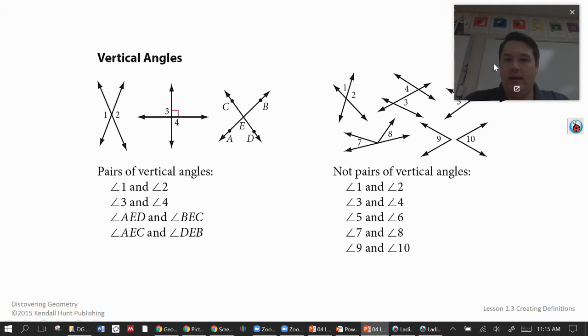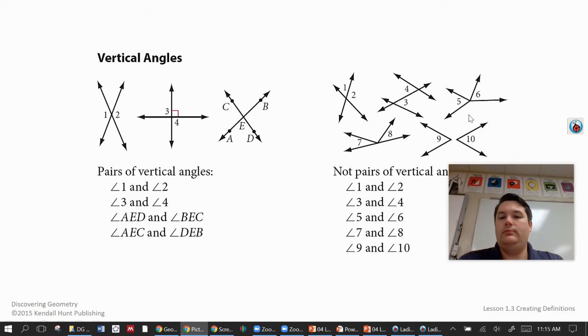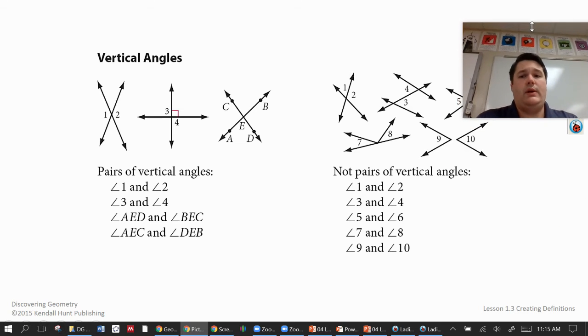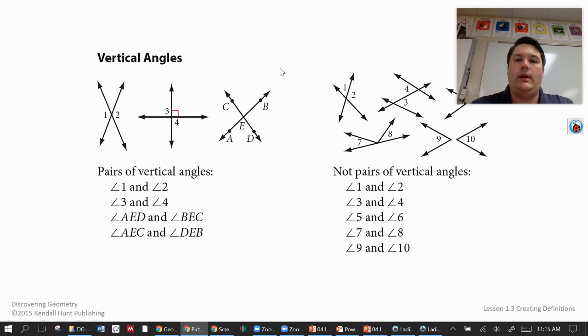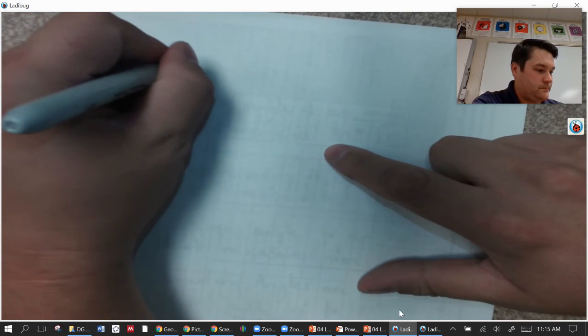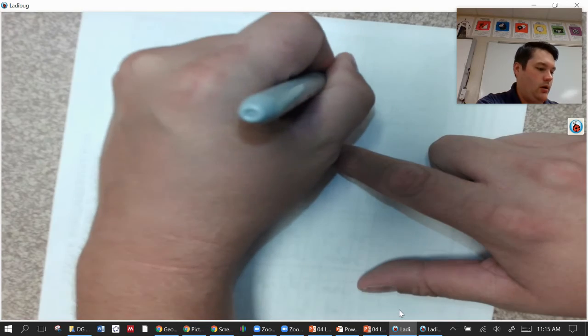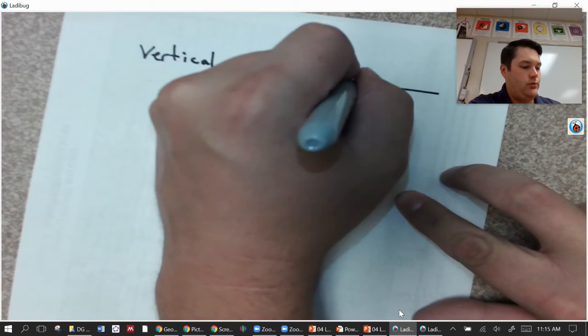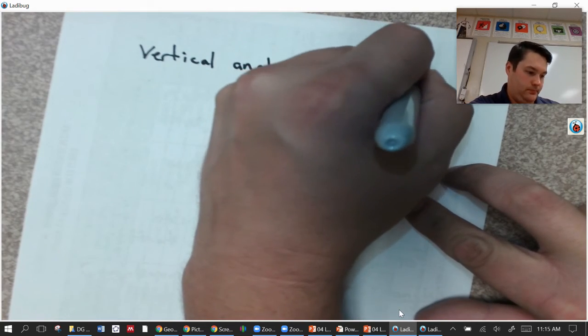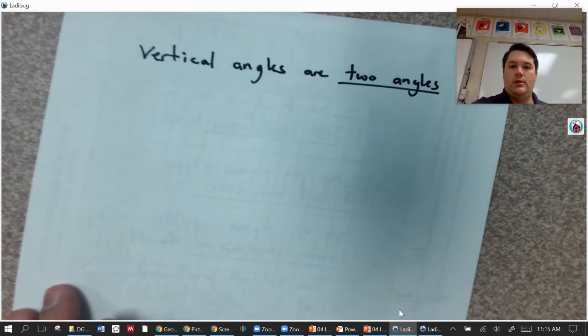Same thing for something like, over here, 5 and 6, they look pretty equal as well. But the main thing is we actually have no idea if those are equal or not. So we can't really use that one. One thing we know for sure, it's a pair. It's got to be two angles. So we might say something like, let me switch over here. Vertical angles are, again, two angles